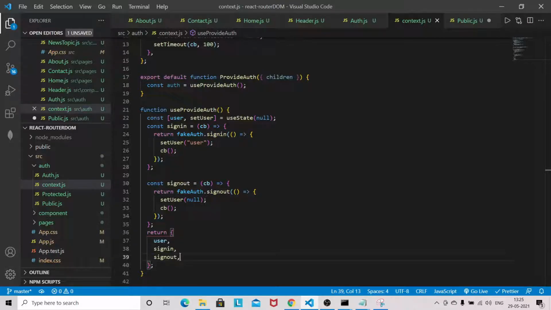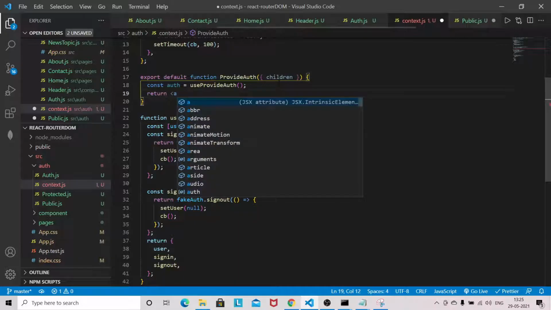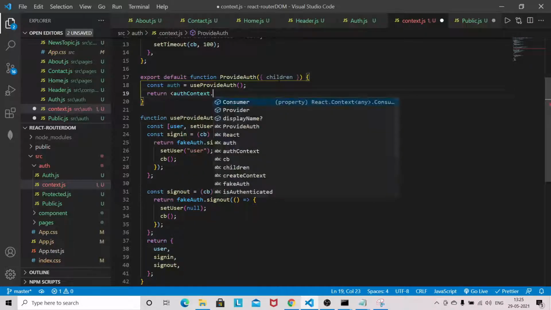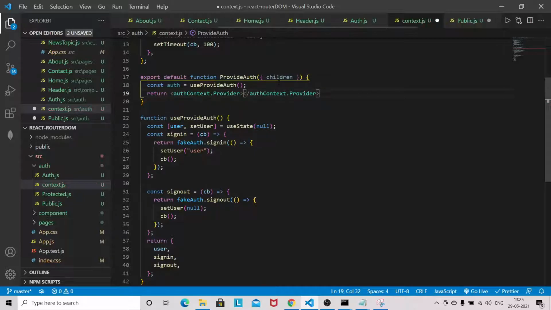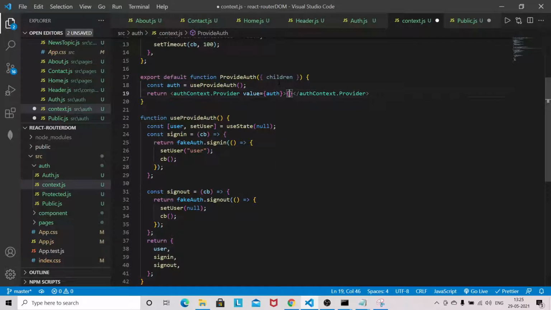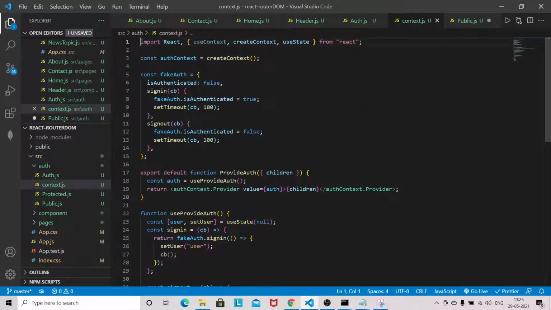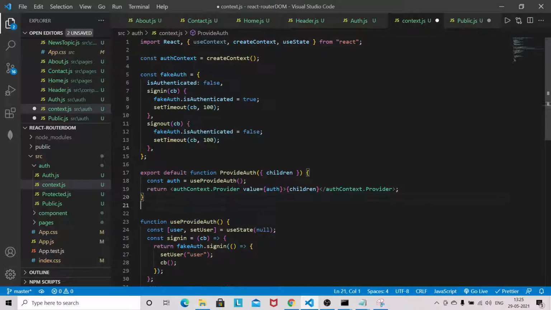Now come to here, return AuthContext.Provider. And we will pass the value auth, and it will accept the children. So we are pretty much done with the context. Let me see. Okay, we have to do one more thing.